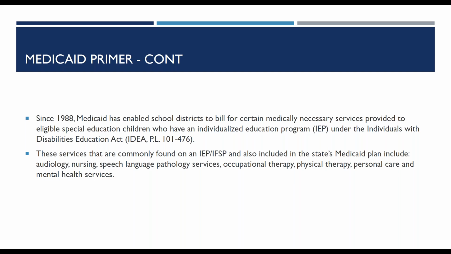And this is really important because a lot of these services are written into children's IEPs, or individualized education plans. And when a child receives special education services, they also receive this IEP, which tells the school personnel a lot of information about the child and their needs and what they're good at and what they need help with. And part of that dictates what kinds of services that they need in order to learn alongside their peers.